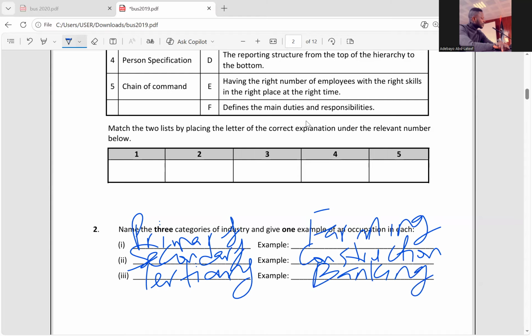So the meaning of each sector: when we talk about the primary sector, we're simply talking about the sector of the industry that deals with the extraction of raw materials. Then we have the secondary sector, which deals with the conversion of raw materials into finished goods, and the tertiary sector, which is the service sector. The restaurants and supermarkets you go to are part of the tertiary sector. I think that's clear.